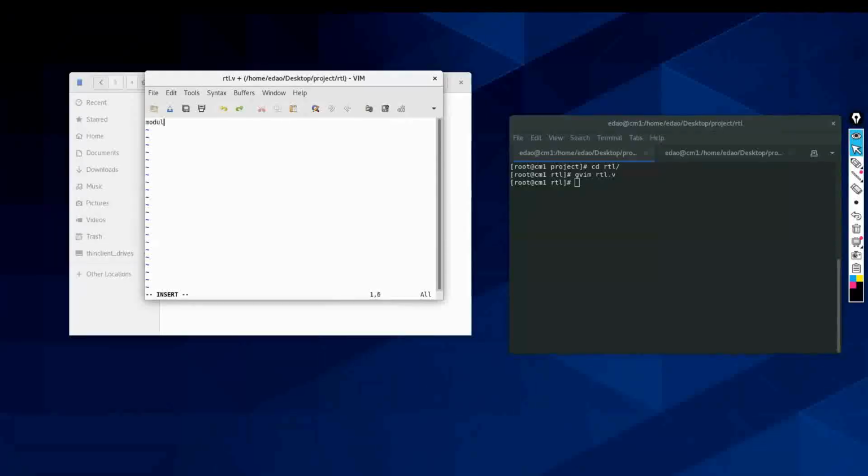Then let us write module mod 8: input clock, reset, output reg [2:0], as we saw, a 3-bit count. I'll declare a wire. So I need a wire of 2-bit, which was K1, and then I'll write my adder: K1 equals count